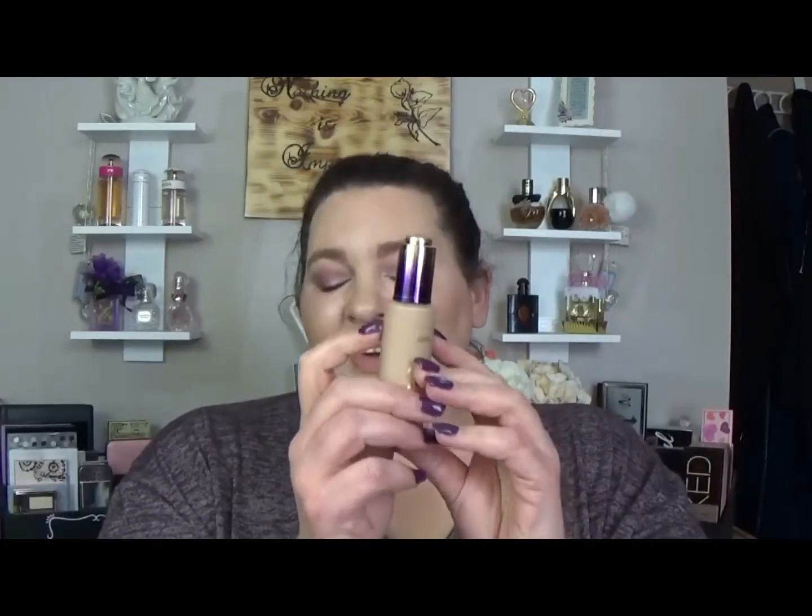for high-end, my Tarte Rainforest of the Sea. I just shook it up, just so you know, because I was down here. I'm down here on this bottle. I really like the coverage on this. It's not too heavy, not too light. It's just perfect. I really like this, and it was so closely tied with